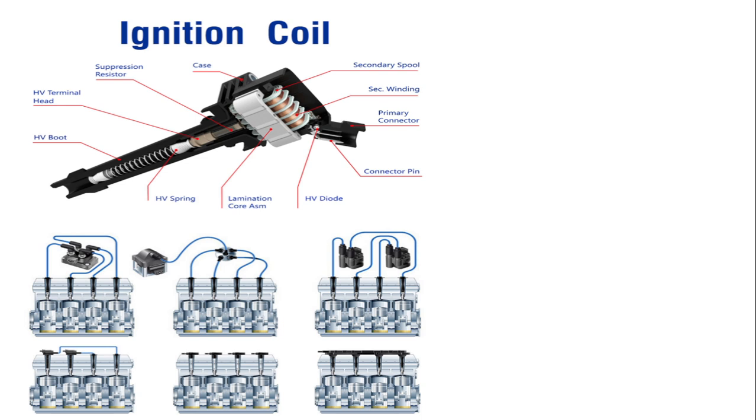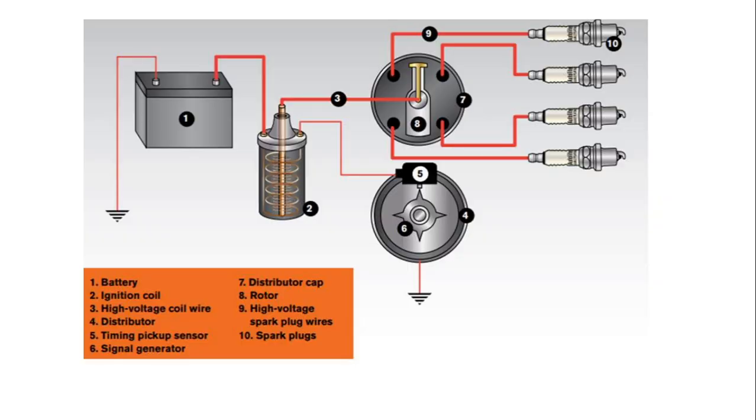How, we'll see in the next slide. Now here you can see this is the battery which is connected to the ground, and this is the positive connection of the battery which is connected to this ignition coil. So this is the main ignition coil which produces high voltage for producing the spark. Now these are the 4 spark plugs: first, second, third and fourth.